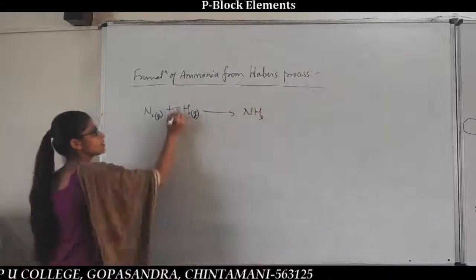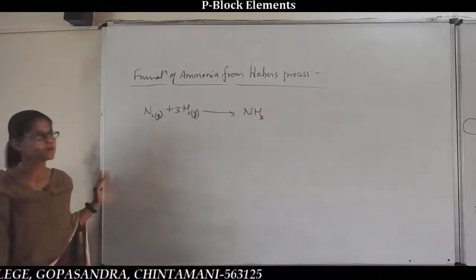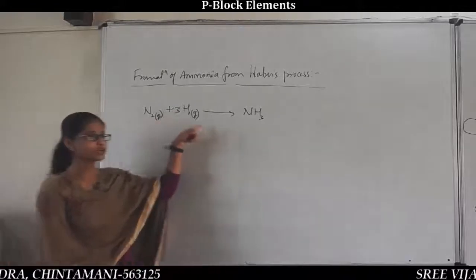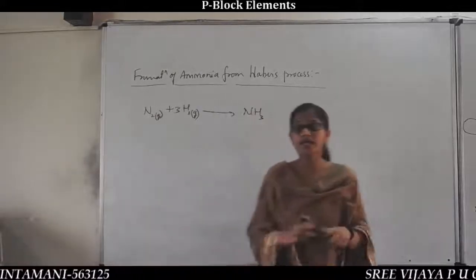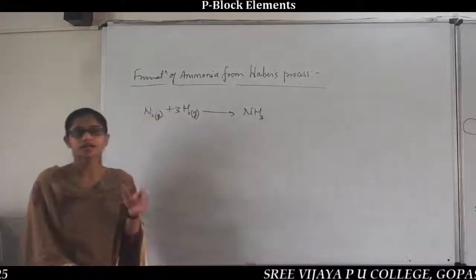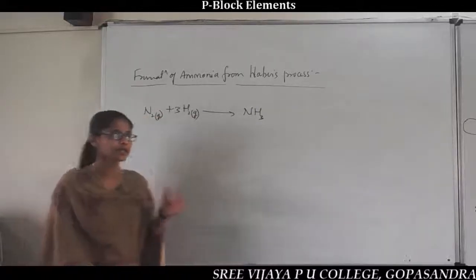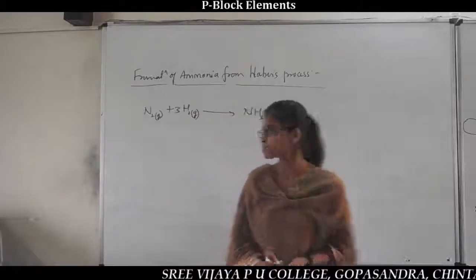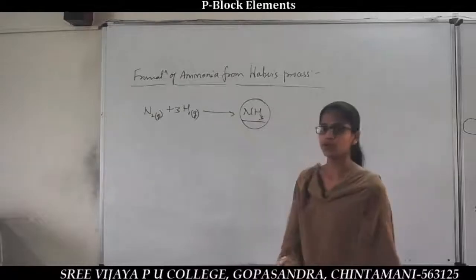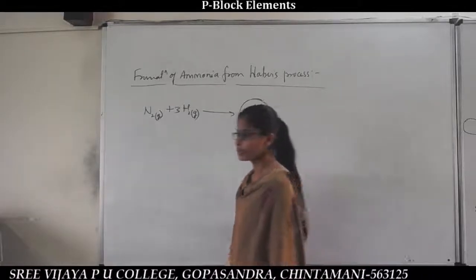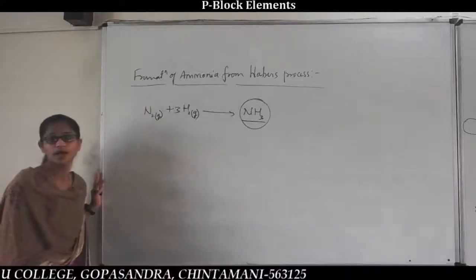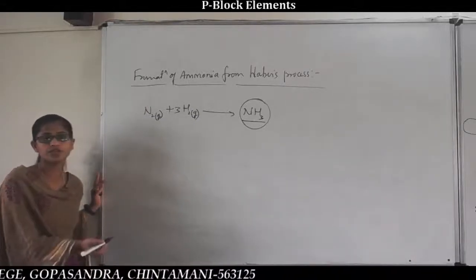The direct combination of nitrogen and hydrogen gives rise to ammonia. We take 1 molecule of nitrogen, which reacts with 3 molecules of hydrogen. This is called the direct mixing of two gases, nitrogen and hydrogen. You have to maintain certain conditions, which we call reaction conditions. It gives rise to the ammonia molecule, the desired product here, the ammonia gas. It is a pungent smelling gas. The reaction takes place in the presence of a catalyst and promoter and the reaction conditions, namely temperature and pressure.